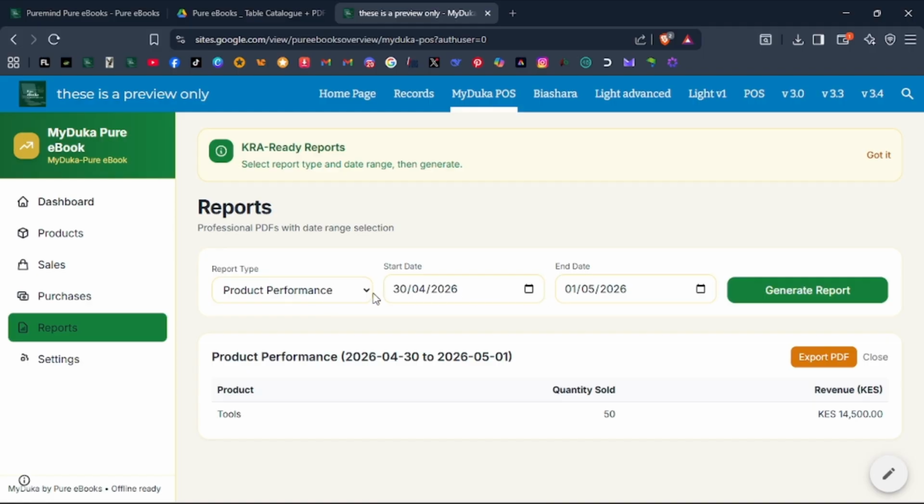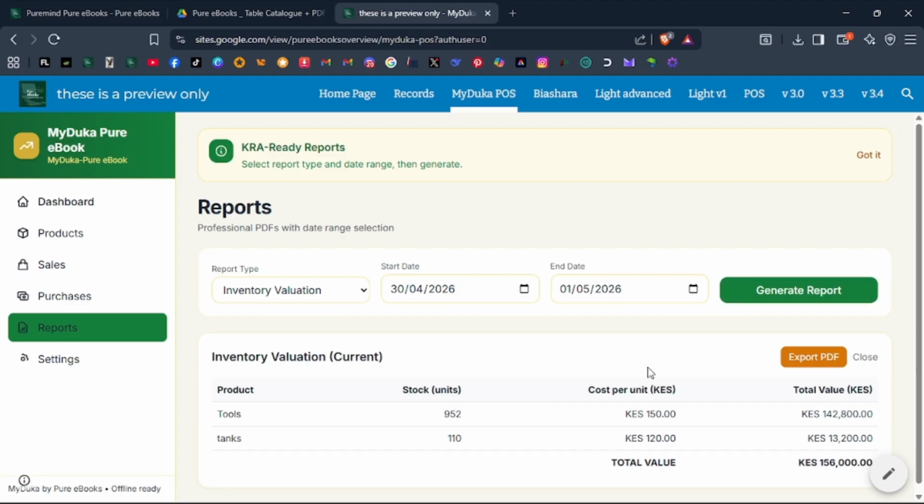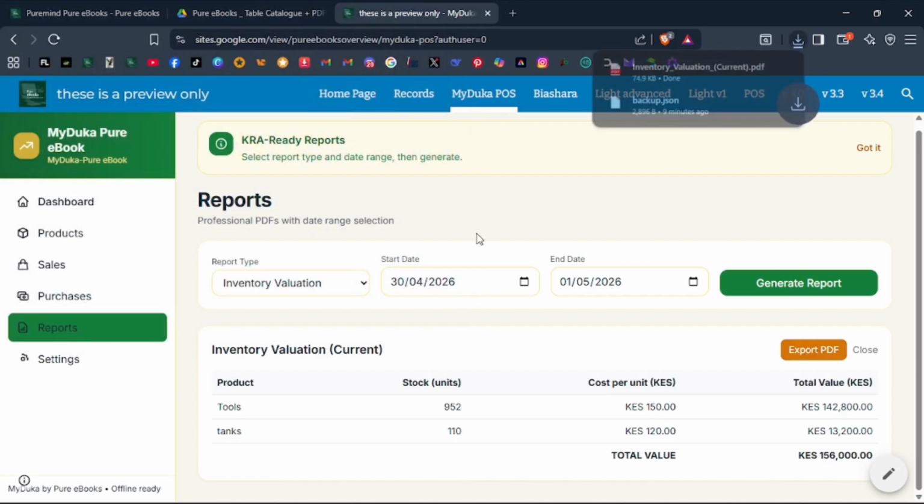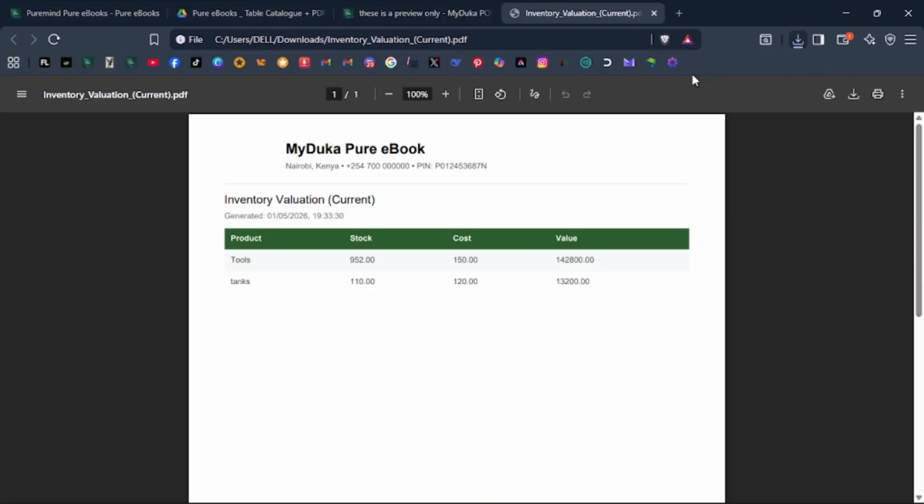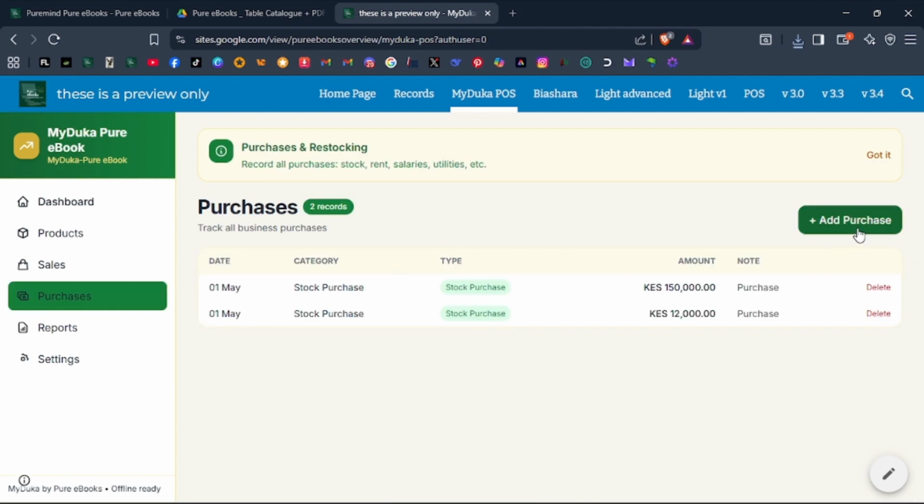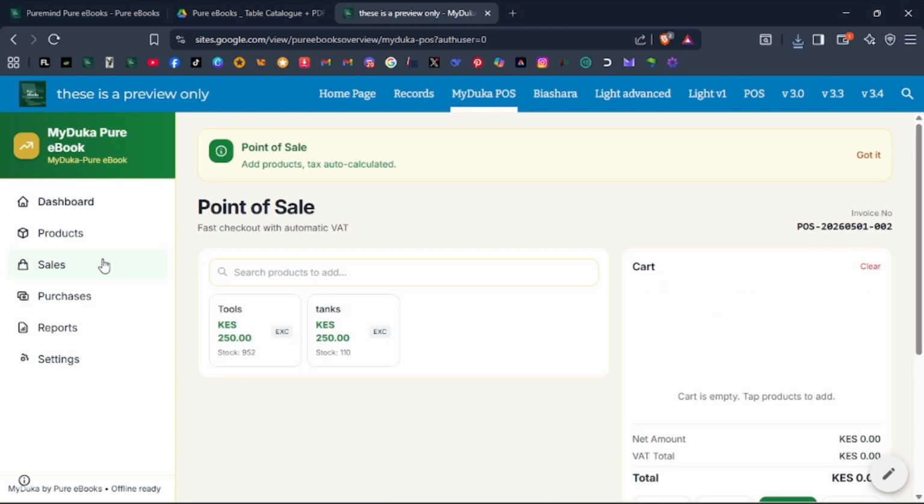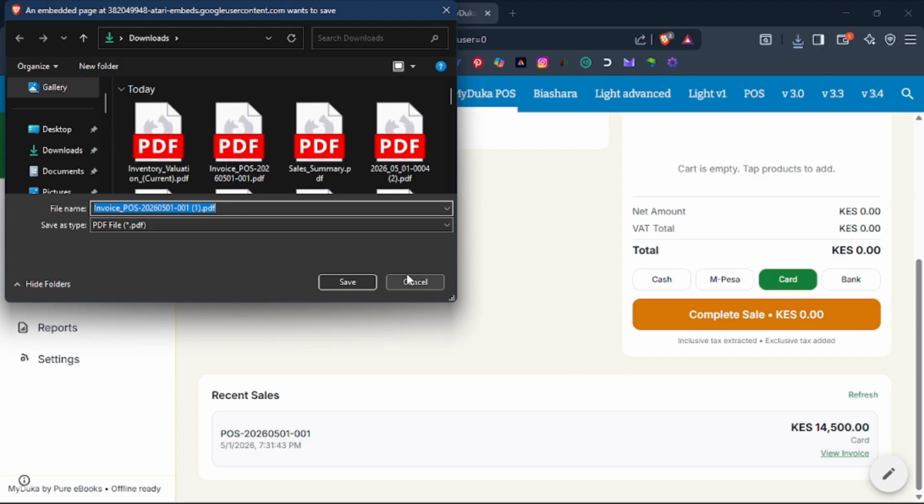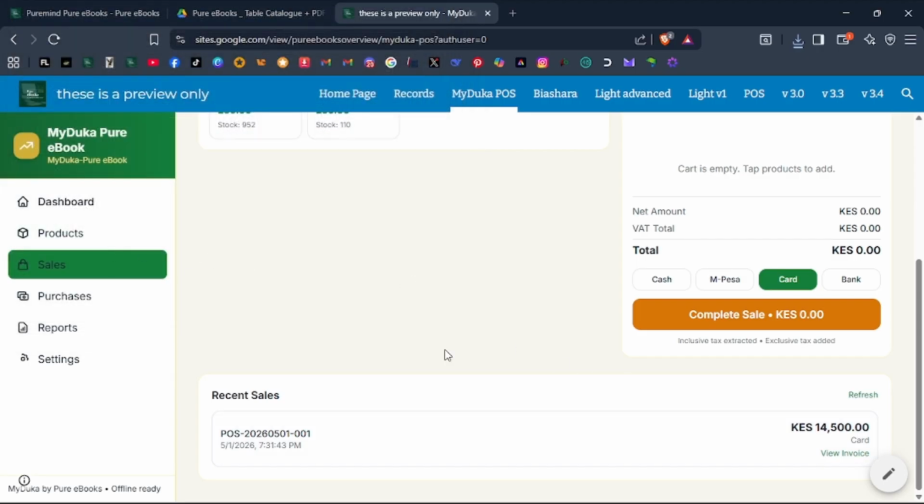Reports. Let's look at the reports. Inventory valuation, you can export. This one is just PDFs. No, there's no Excel. You can also view and download it. We just download. Let's view